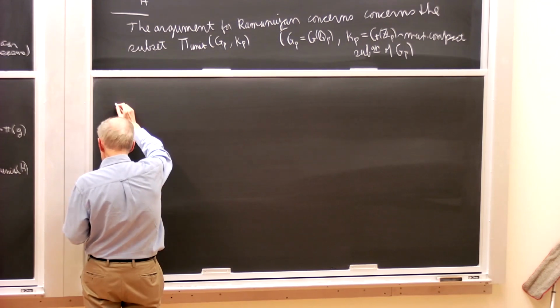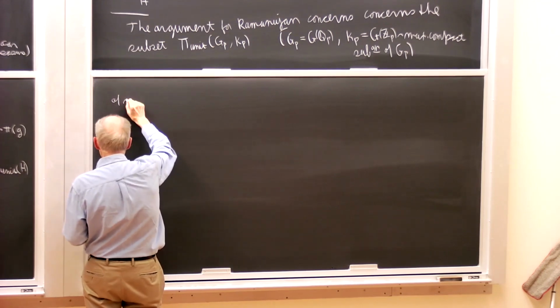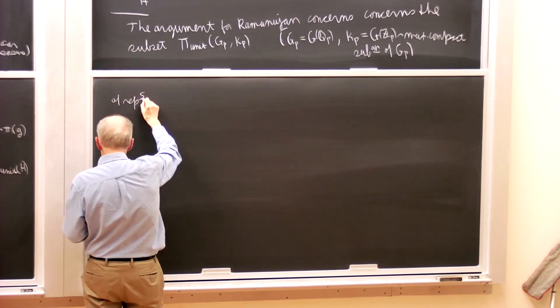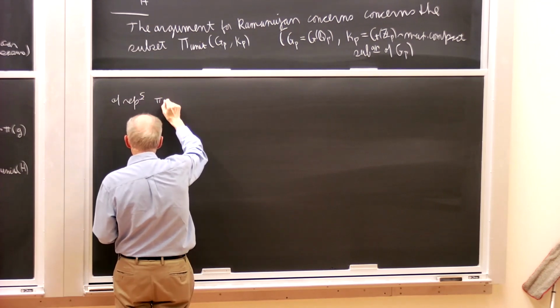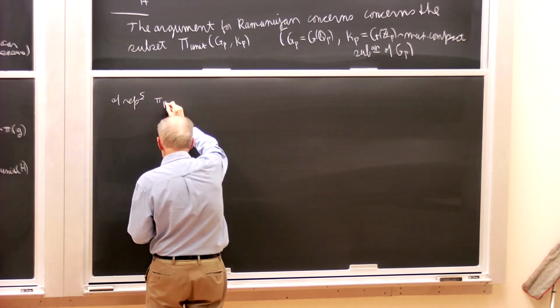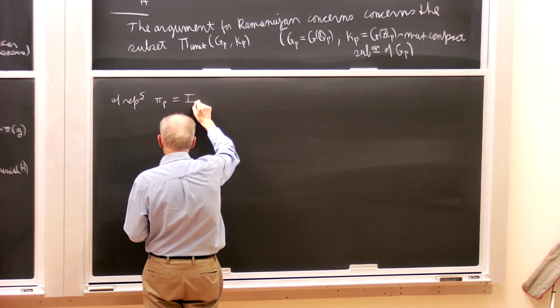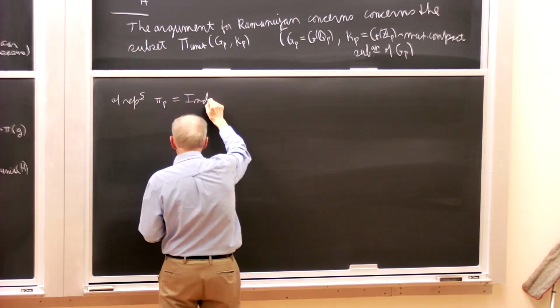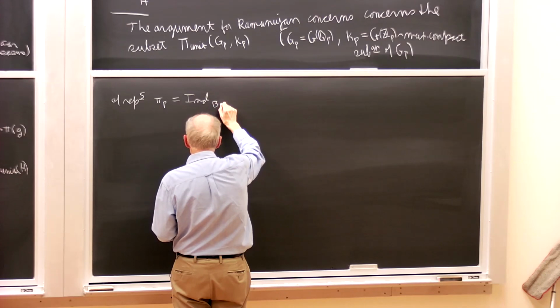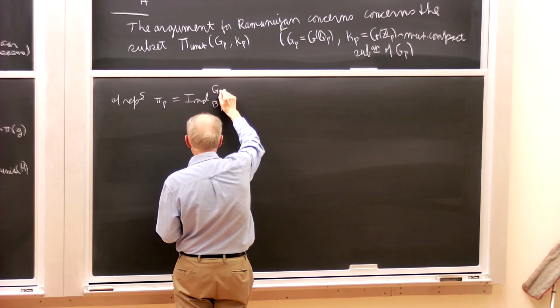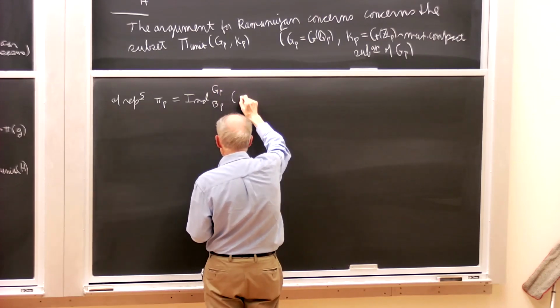So it's the subset of representations pi_p that are induced from B_p to G_p,